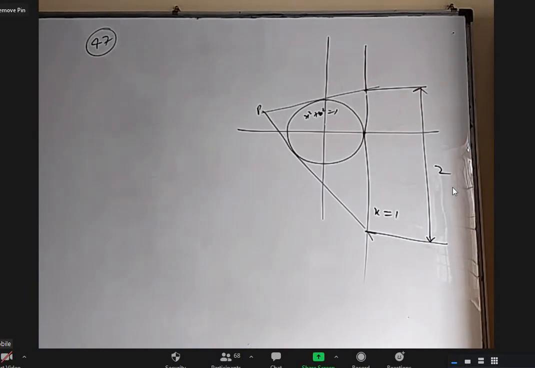Sir, we know the equation of the tangent to the circle x square plus y square equals 1. Sir, y equals m x plus c, that is, y equals m x plus root over 1 plus m square. Okay. All right, after that? Sir, we should replace the value of x with 1. We will get a second degree equation in y. Then minus b by a equals y1 plus y2 and c by a equals y1 y2, and then we can find y1 minus y2.